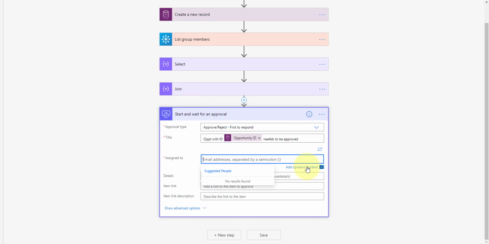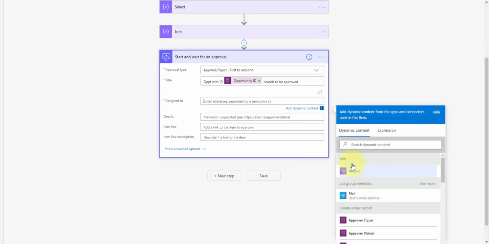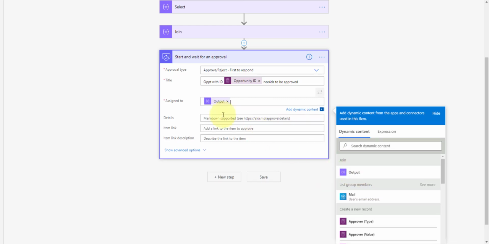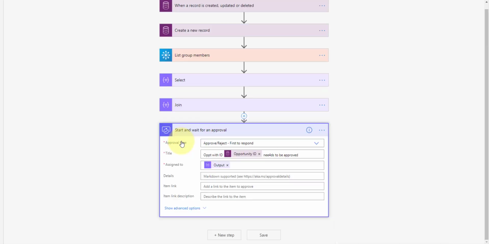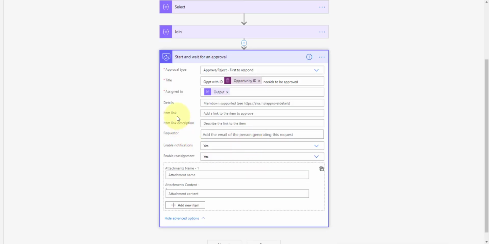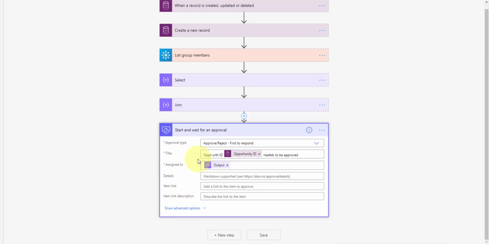So again, we're going to click on dynamic content. And again, we have to make sure that we're selecting the output that comes out of that join, because otherwise we don't have that semicolon. And we can put some additional details in here. So for example, I'm going to hide these advanced options because I don't need them. If you want to have an item link in here,